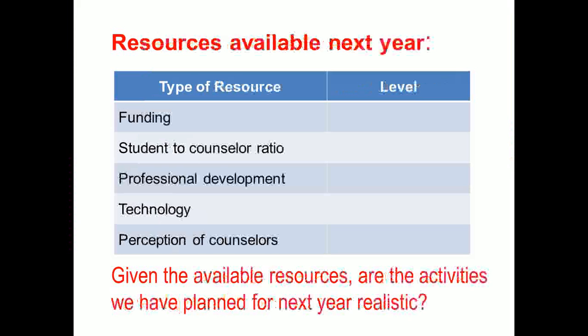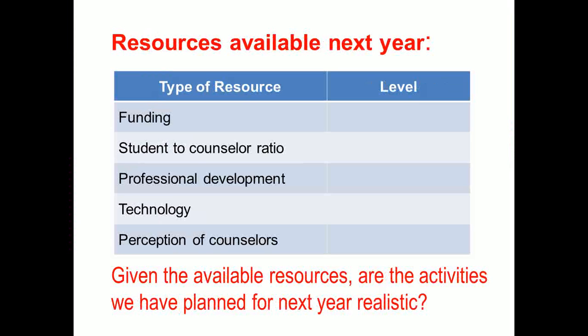Okay. Then the other thing we want to check is, in reality, do you have the resources that you need? Do you have the funding that you need to pull off all these activities? Do you have the ratio? Again, that's a time issue. Do you have the skill that you need? It might be that you've said you're going to implement all these activities to address bullying, but you don't really have the skills to go with that. You may need to then drop that out because you don't have the skill.